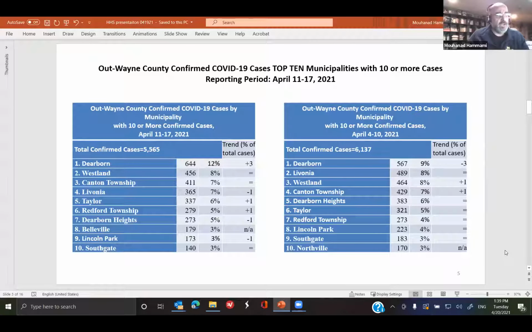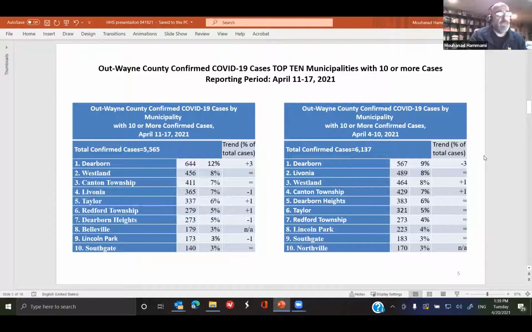Not much has changed except some trading places. Almost all of the communities except Dearborn have decreased in their total number of cases, but in terms of the percentages, still, as you can see, Dearborn is the highest at 12%, followed by Westland at 8%, Canton at 7%, along with Livonia, 6% for Taylor, and 5% for Redford and Dearborn Heights, and then Belleville, Lincoln Park, and Southgate at